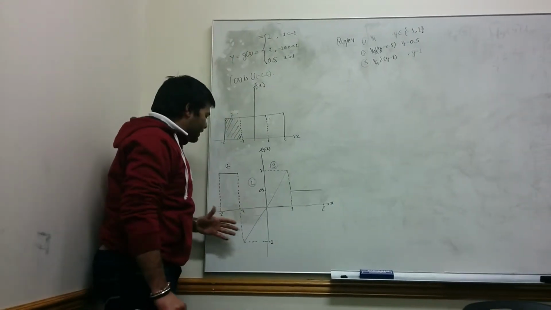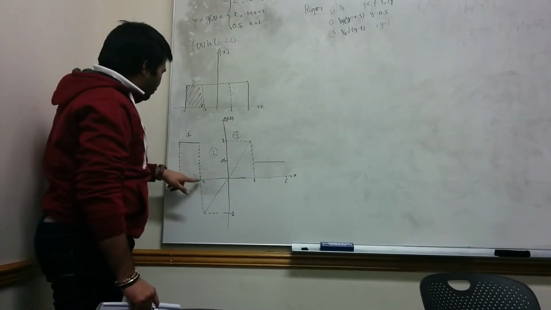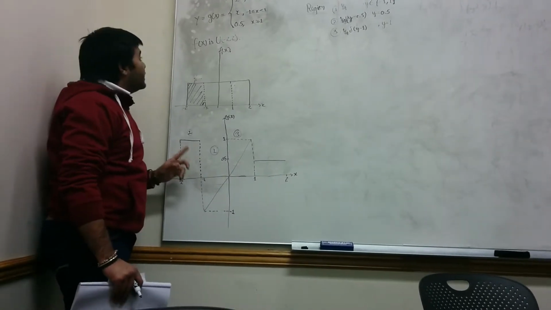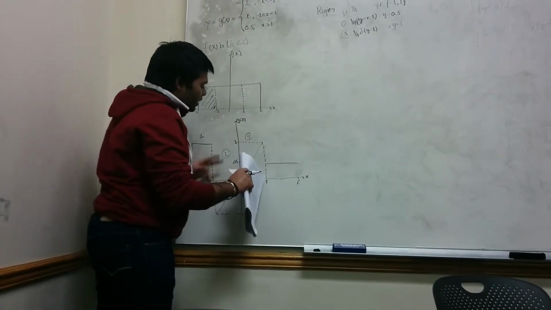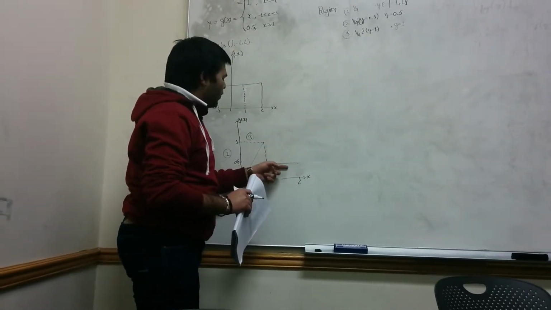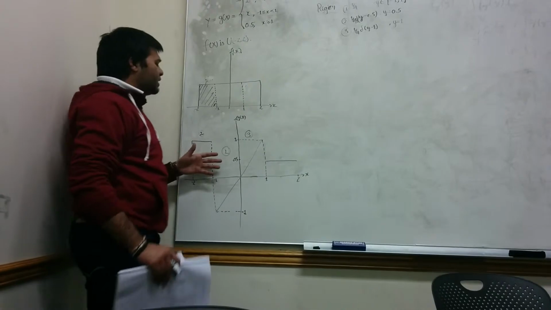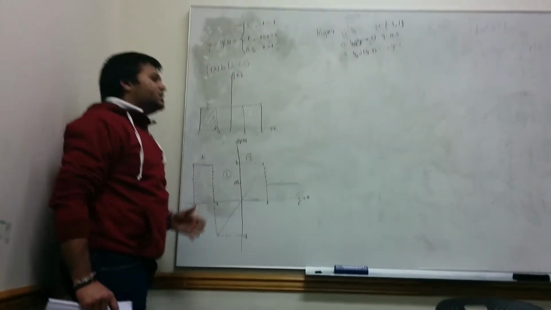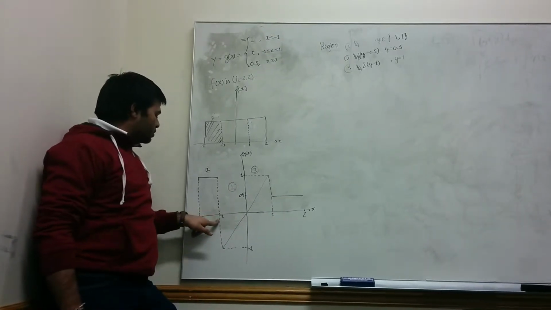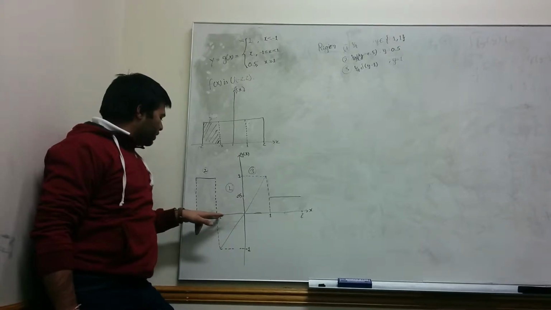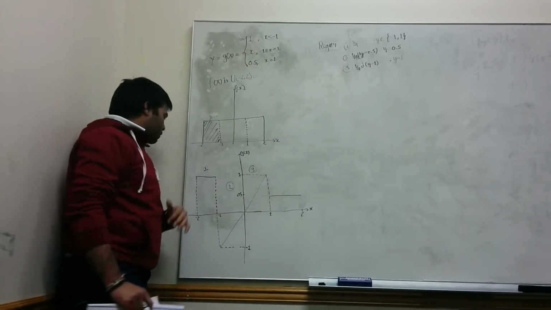On plotting we get that the value of y is 1 for x less than minus 1, and y, that is g of x, is equal to x for values of x from minus 1 to 1, and its value is 0.5 when x is greater than or equal to 1. We will divide this for finding the density function into three regions: from minus 2 to minus 1, one region; another region from minus 1 to 1; and then from 1 to 2.